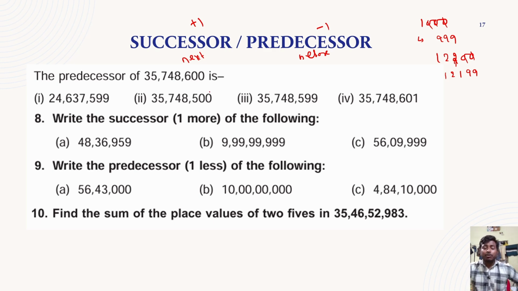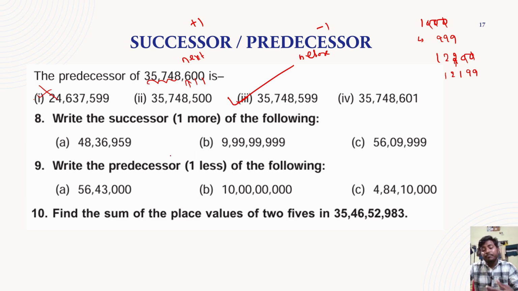Now here, same, use the trick. 0 becomes 9. Where is the 9 option? Option number one and option number three. Okay, now 6 becomes 5, so check 5. Okay, now all others are the same, so option number three is correct, but option number one is incorrect. Understand? Now next,